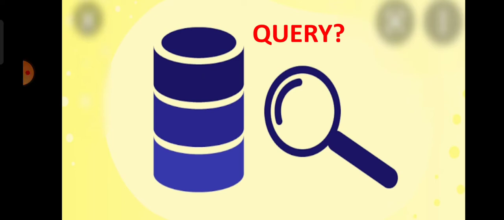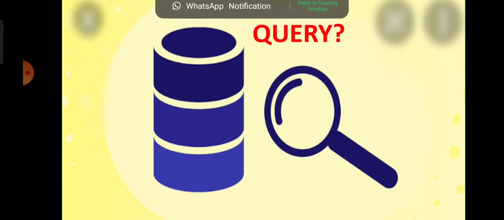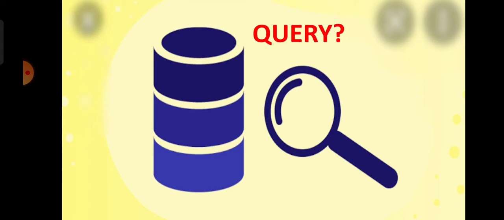Okay, so in today's computer class, I hope you all have understood the topic, that is query. This is chapter 4 of your book, in which we will learn how to create queries in MS Access. But before that, you need to understand the meaning of query in MS Access, because you all know that MS Access is a relational database management software in which we create databases. We store huge amounts of information in our databases.